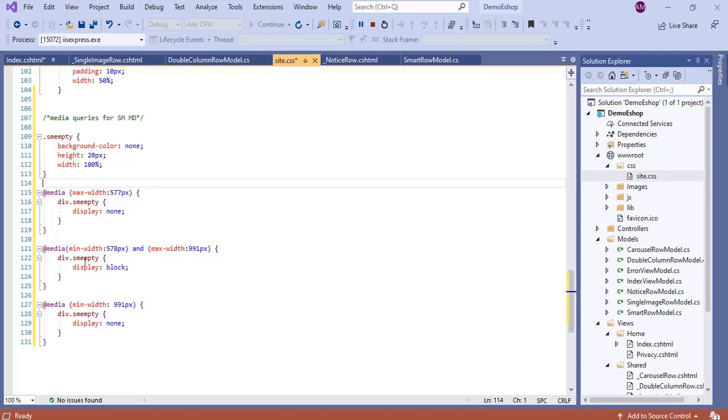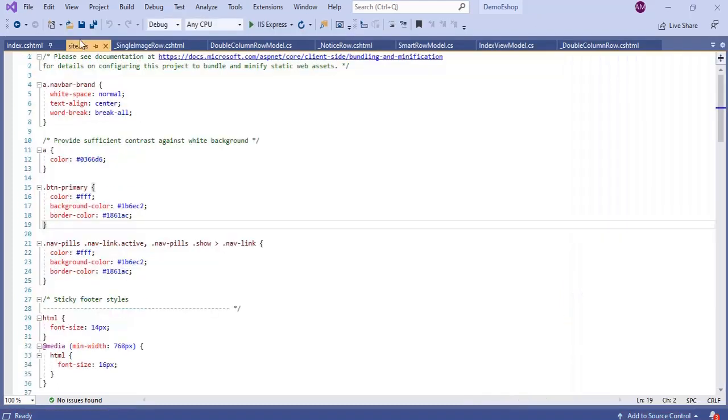Then again, if the width is between 578px and 991px, it will be display block. Then if the width is again above the medium display, the smEmpty will become none. This is the very important thing. Let's save and run the project.